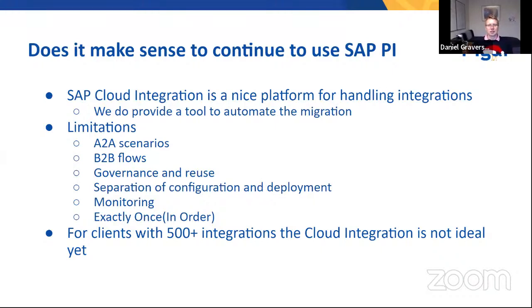Then there's governance and reuse: how are you able to govern your SAP integration, what is going on, and who has made which changes? There is the separation of configuration and deployment that is a little off. There's monitoring, which in the PI world is a little better in some aspects. And then I think the biggest one is exactly once and exactly once in order. SAP has released something on this, and obviously you have the JMS queues, etc., but this is the place where the Integration Suite has the most capabilities to handle these requests. And definitely, if you're a client with more than